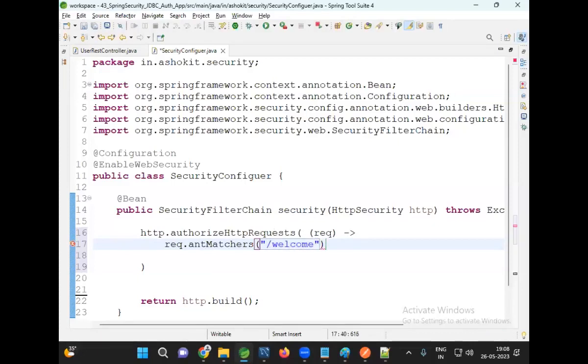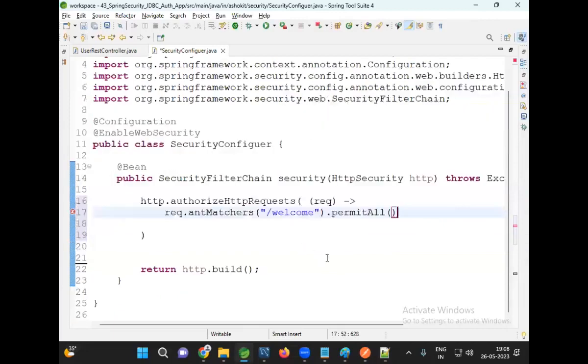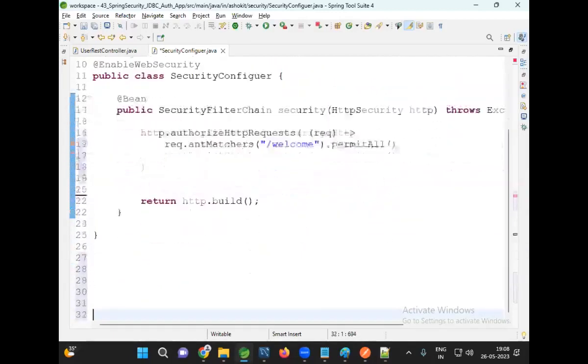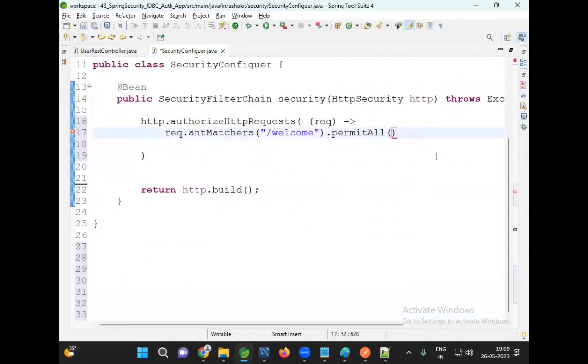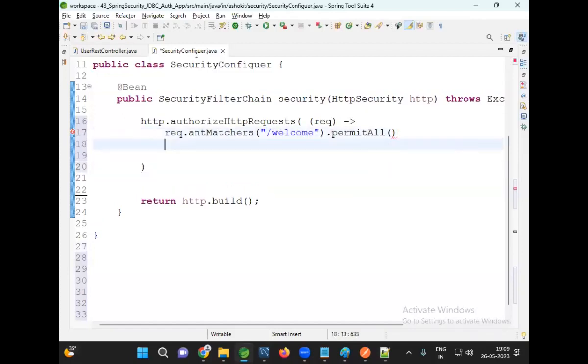What is that for /welcome? PermitAll. What is the meaning of that? Anyone can access. If the request is coming with /welcome, then permit that request. PermitAll. Then next one,